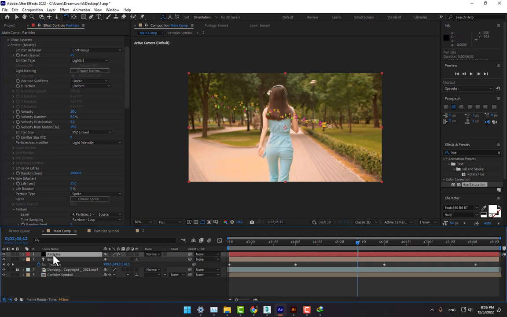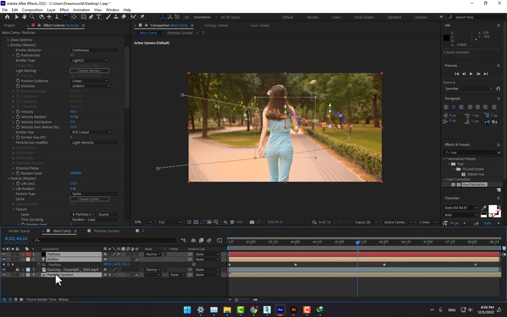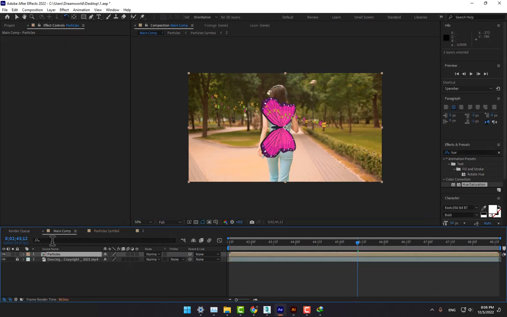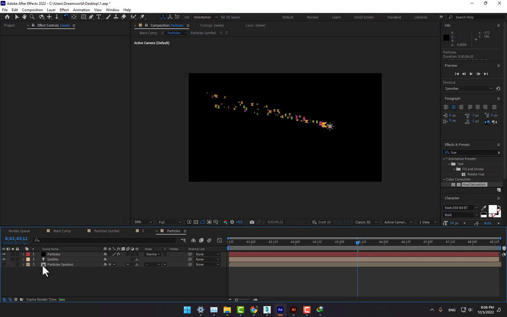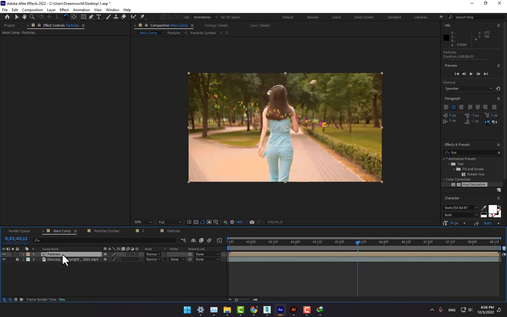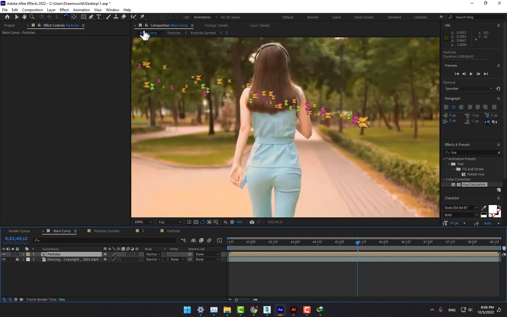And select the particles, emitter, and particles symbol. Right click, pre-compose, move all attributes. Name it particles, enter. So double click, turn off the particles symbol composition, and select the particles, zoom in, select the pen tool,